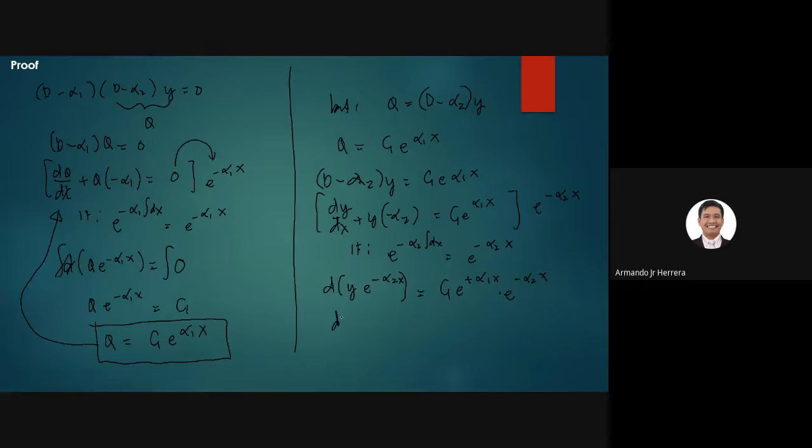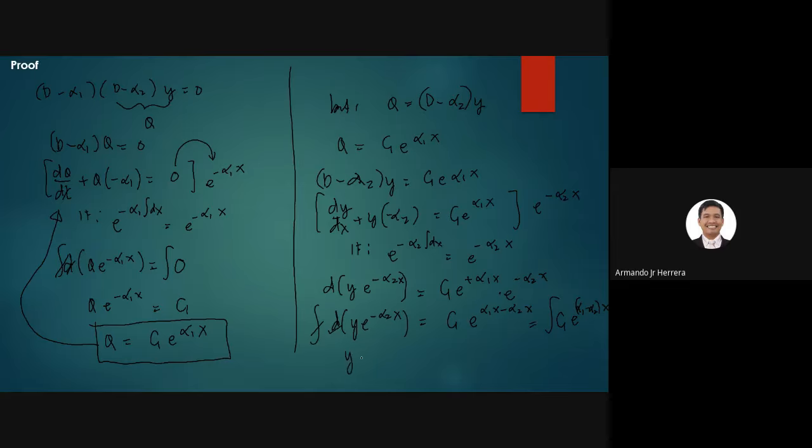So this is derivative of y e to the minus alpha 2 x equals c1 e raised to alpha 1 of x minus alpha 2 of x. By the way, factoring out alpha 1 minus alpha 2 of x. So integrating the two,